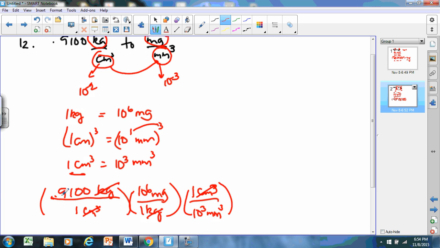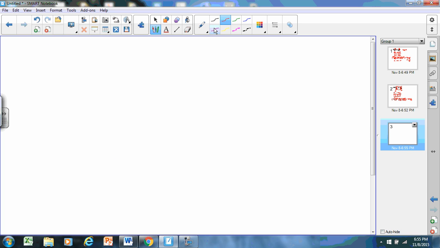So 0.9100 times 10 caret 6 divided by 10 caret 3, we end up with 910. The computer will say that, but because this has 4 sig figs, this needs to have 4 sig figs, and it's milligrams per cubic millimeter. Awesome. Next problem,